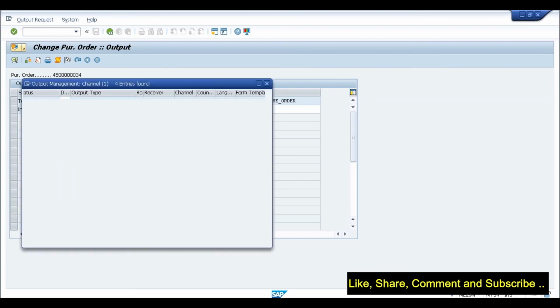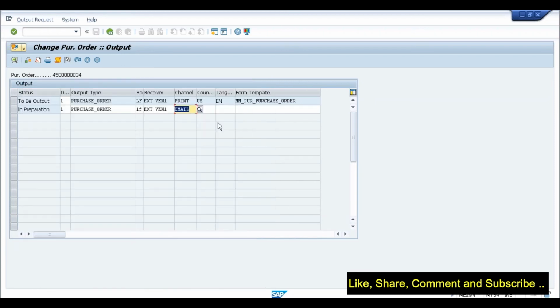Instead of print, I was putting email. And for form template, I could still use the same template. Is it a different template? No, the template can be the same because anyway you are just sending the same thing via mail. The content would be the same.